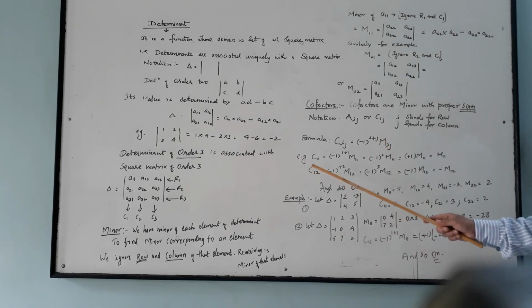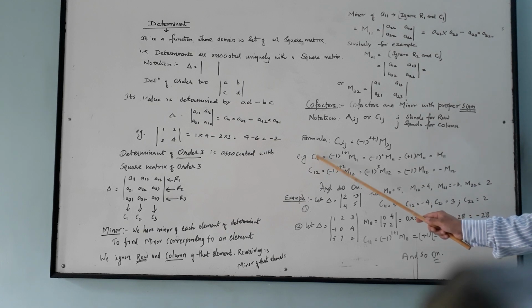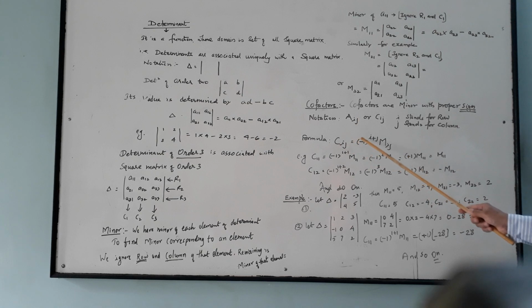Here we see the example. We are finding the cofactor corresponding to first row and first column, C11. The formula will be minus 1 to the power 1 plus 1. The value of I is 1, the value of j is also 1, M11. Now minus 1 to the power 1 plus 1 is minus 1 to the power 2, which becomes plus 1, and plus 1 into M11, the sign will remain the same; the sign will not change. So C11 and M11 are the same because I plus j is even.